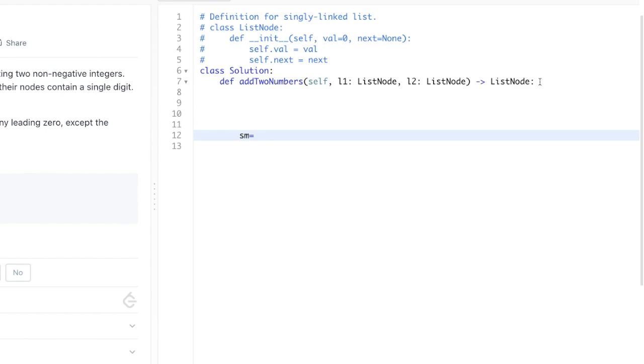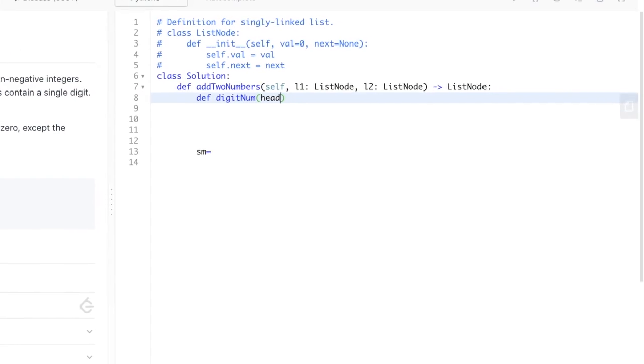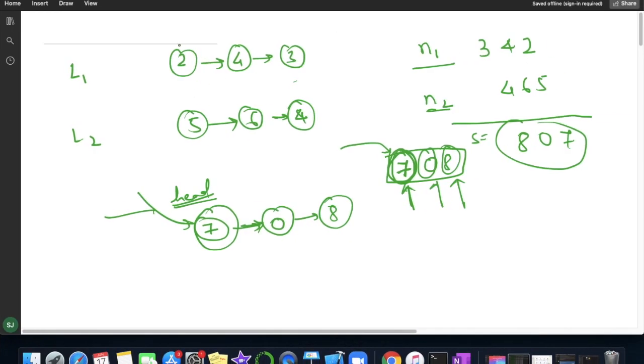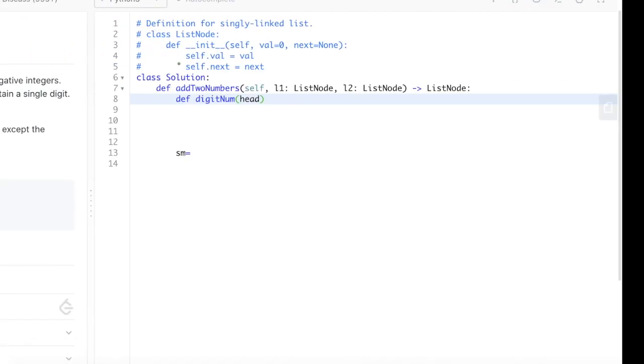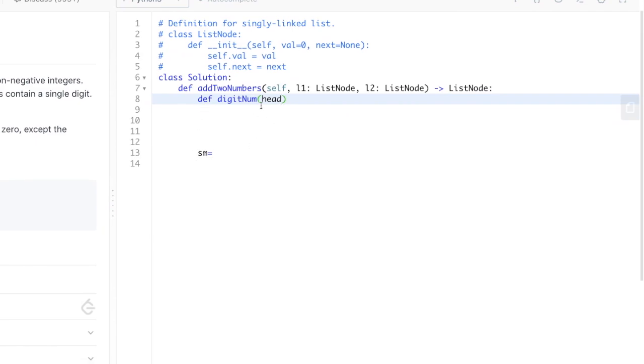Let me first create one function, define digit num, and it will take the head pointer, the head pointer of my L1. If you pass any linked list, it will treat the very first node as the head.